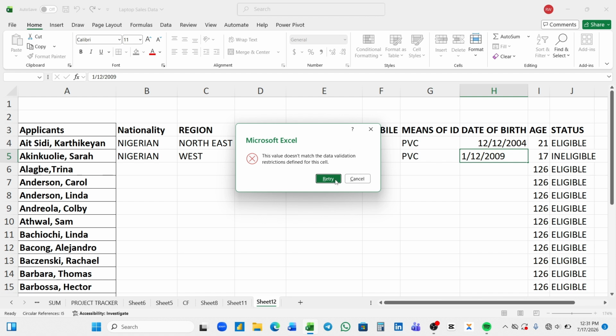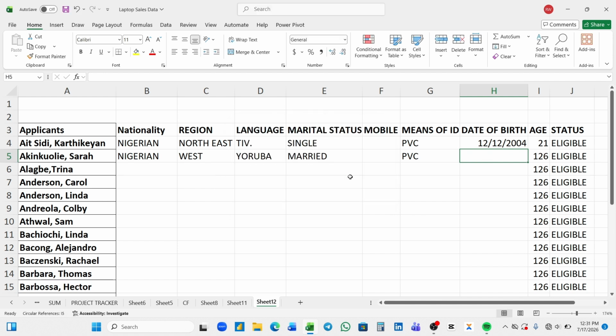What is it telling us? You say this person is what? 17 years. Therefore, it is what? Ineligible. You cannot vote. That means you need to enter the date of birth again, because you cannot leave it blank. If you enter it again,